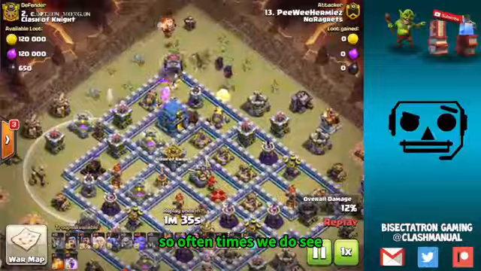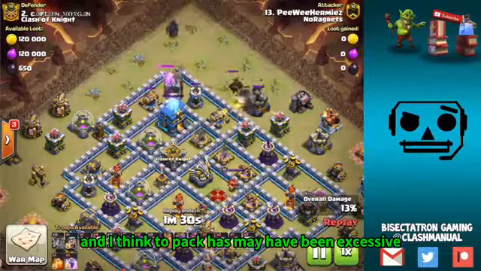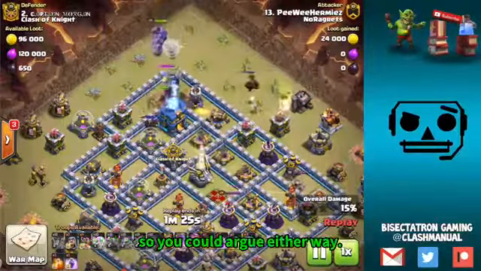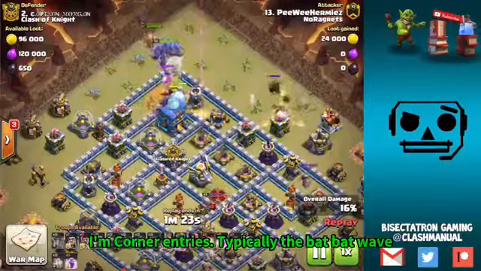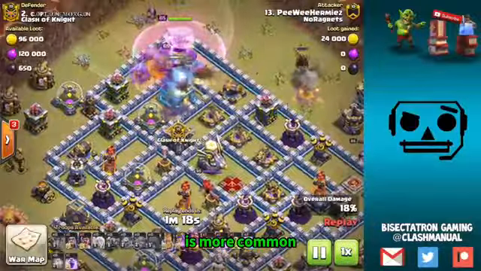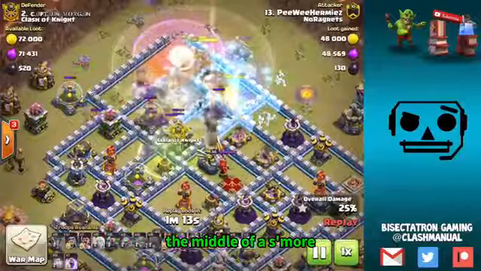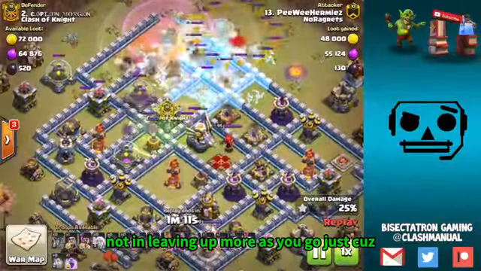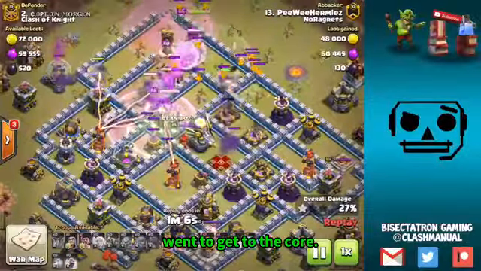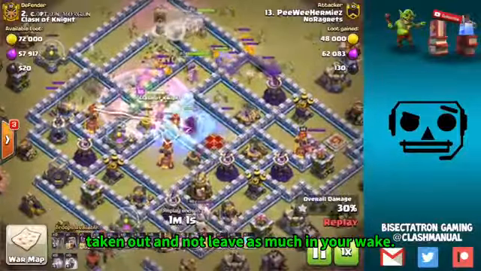So oftentimes we do see, and I think 2 Pekkas may have been excessive. All that needed to go down was the gold storage, but there's also a ton of DPS, so you could argue either way. But anyway, on corner entries, typically the bat wave is more common, just because you're going to be kind of carving out the middle of the base more and leaving up more as you go, just because by nature it's kind of a wider entry once you get to the core, whereas if you're coming in on a side of the base, you can typically get more taken out and not leave as much in your